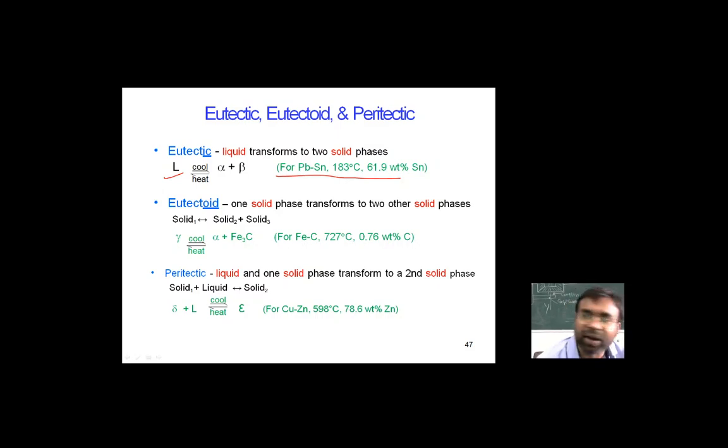And another is the eutectoid, which is another kind of phase transformation, showing the gamma, that is the austenite, happening at the middle transformation temperature. That transformation takes place at 727 degrees centigrade, and it is from one solid solution, the gamma austenite, transformed into alpha and cementite, basically Fe3C. So one solid is transformed into two solids at that 727 degrees centigrade, and the transformation is related to that.